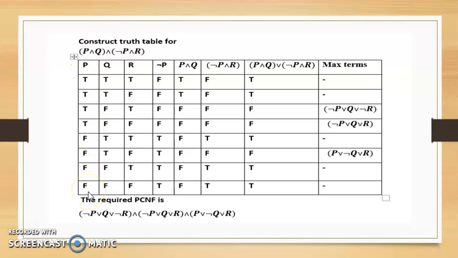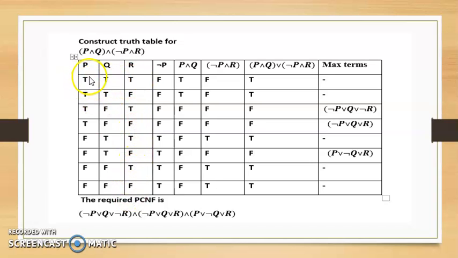To write all 8 combinations, for P we write the first 4 values as true, and the next 4 as false. For Q we write true, true, following that false, false, then true, true, then false, false. Similarly in the R column, we write true, false, true, false, true, false, like that.